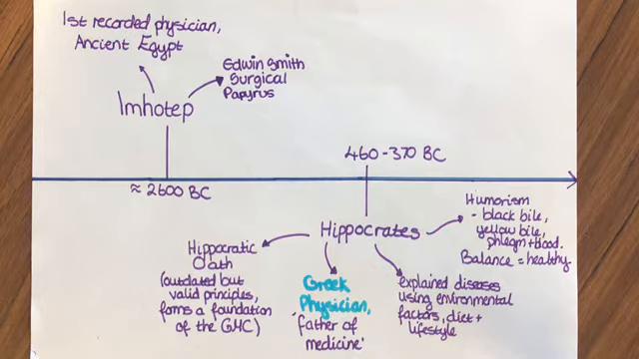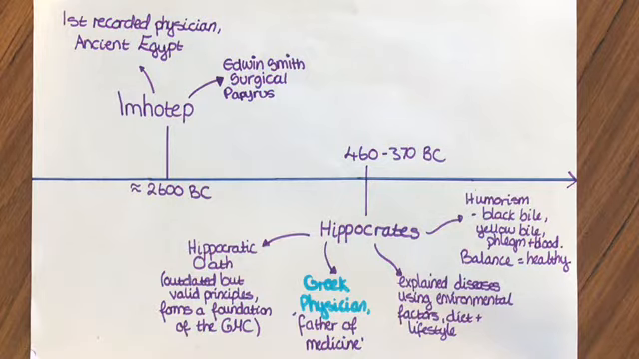Next is Hippocrates, and he was a Greek physician and is called the father of medicine. He made the Hippocratic Oath. It's outdated now, but it forms part of the GMC, the Good Medical Practice, and he came up with the theory of humorism, that the body is made of